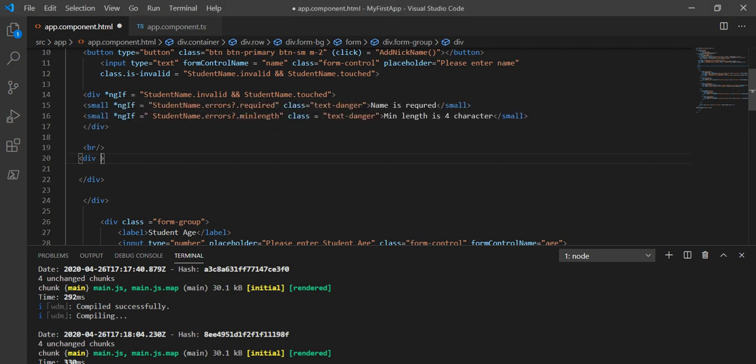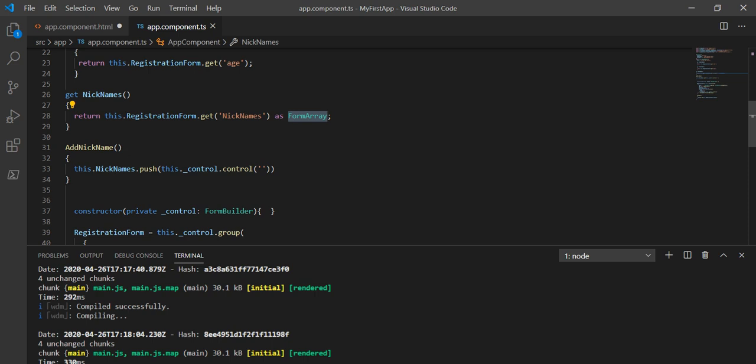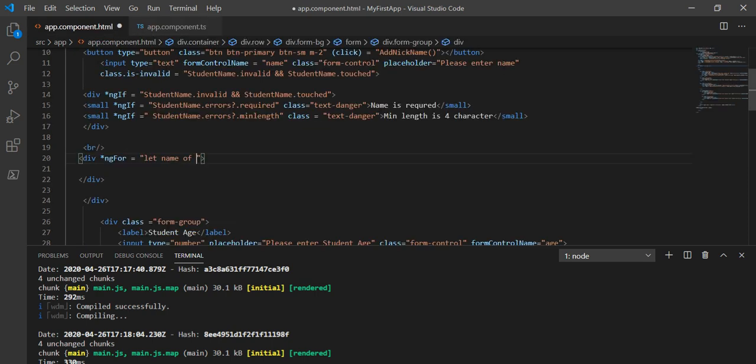So here we will make ngFor let name of nicknames dot controls, and we will take the index as well, let i equal to index.